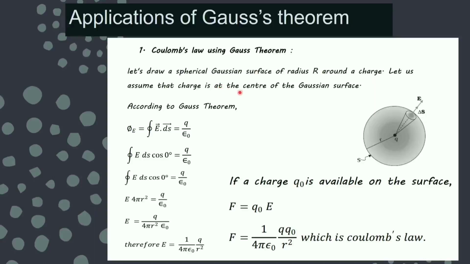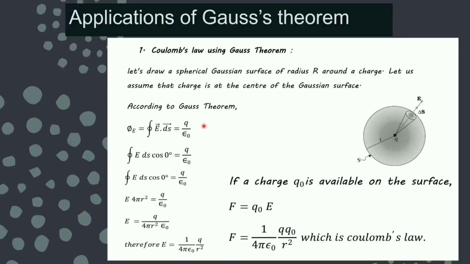You have done both the things earlier only. Gauss theorem, you all know, is about the electric flux, and according to Gauss theorem the electric flux for a closed surface is equal to 1 upon epsilon naught times the charge enclosed within that surface. This is according to Gauss theorem, you all are aware of.